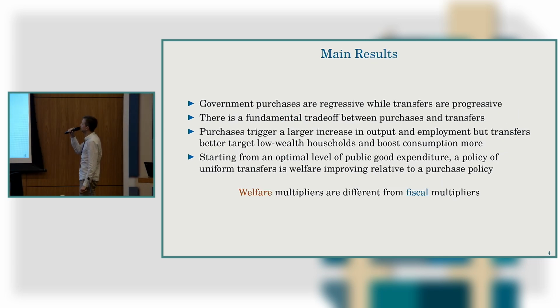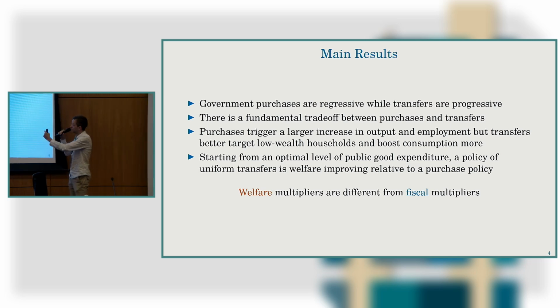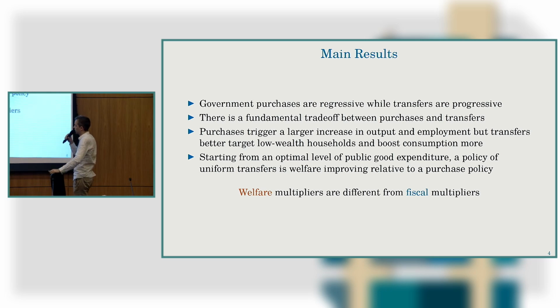So what are the main findings? We find that transfers are progressive. That's well known, so that's not a new finding actually. But what's new perhaps is the fact that government purchases, so G, are regressive. An additional dollar of G is mostly captured by the top earners, so the top 20% of the distribution. So that's for the empirical part. And I'm sorry for Luis, this was not in the paper I sent you, so this is kind of new stuff here.